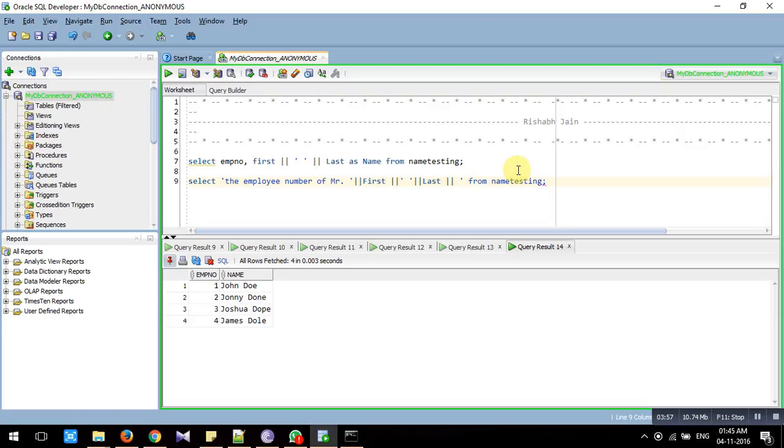Then employee number of Mr. space first name space last name, followed by another space after last name, is space. Now you need the number, so the number can be added by simply stating what is it, emp number. Okay, so we run this query